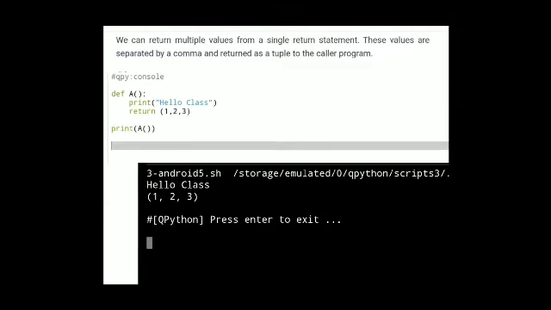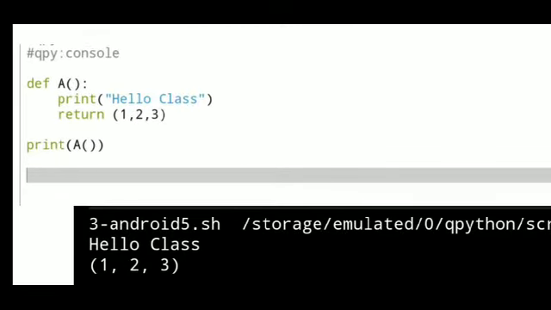Look at the next example. In this example we can return multiple values from a single return statement. You can look here, again the function a, and within that we have written hello class, and this function is returning 1 2 3. That means this function will display hello class as well as return 1 2 3. More than one value it can return.